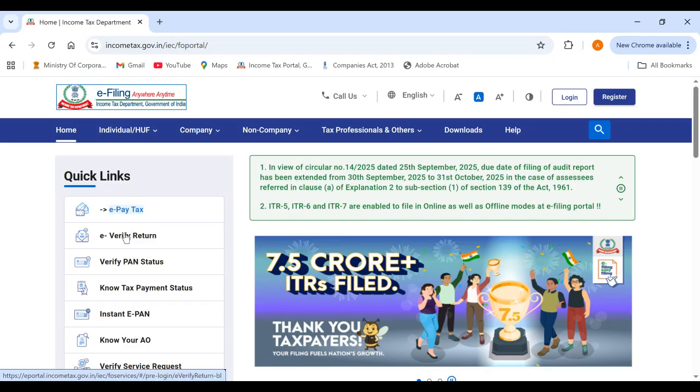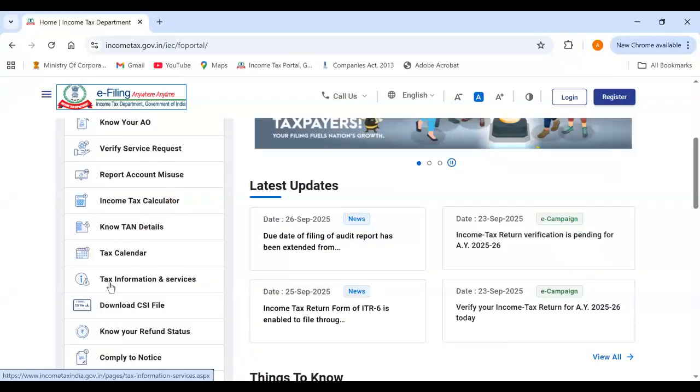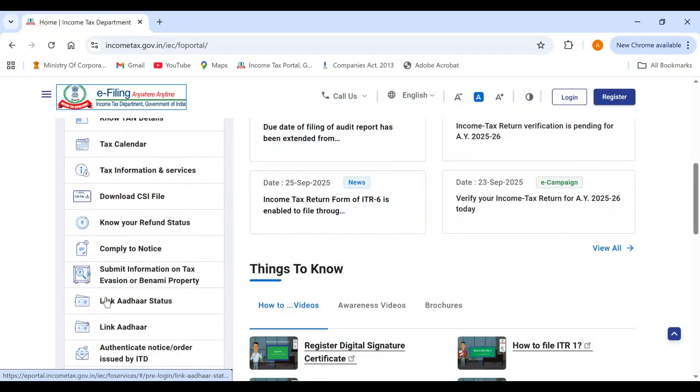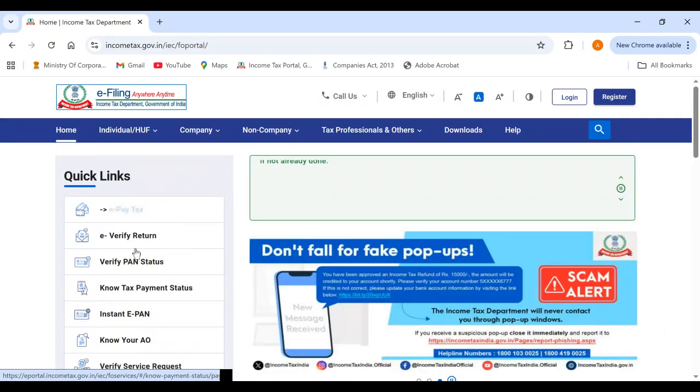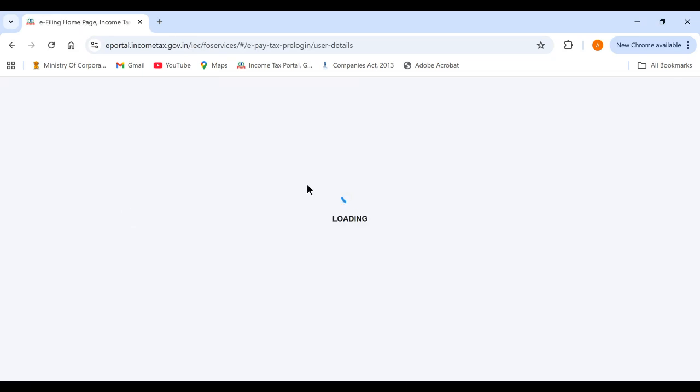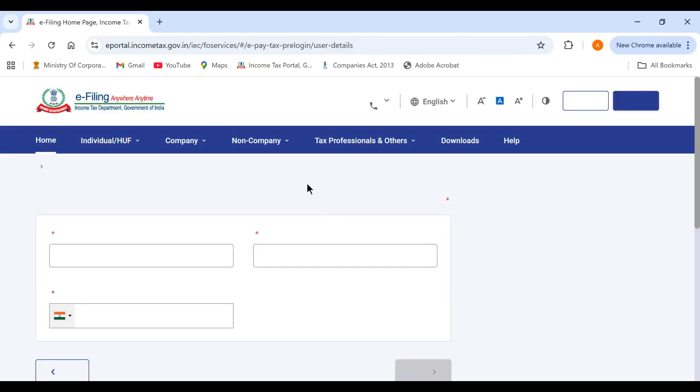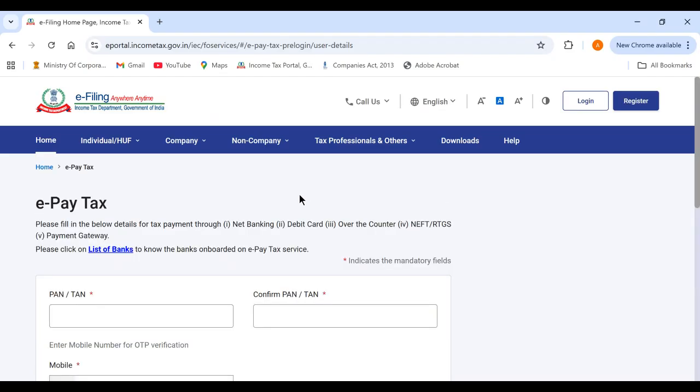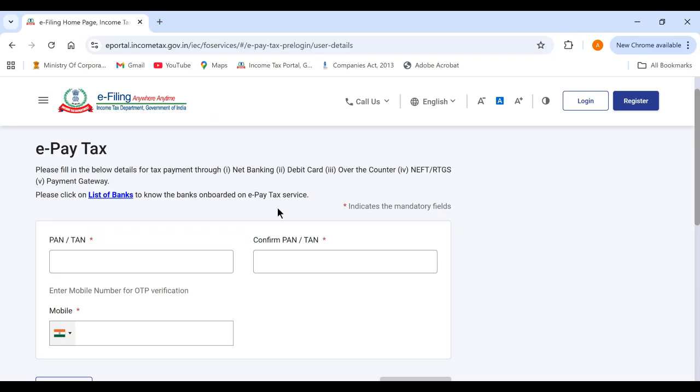quick link. A lot of other options are also there. Some among those things I would try to give you right now. First one being this e-pay tax. So how to pay income tax other than TDS, TCS? Advance tax you have to pay using various challans, as well as self-assessment tax, you have to create a challan. So how to create those challans, how to make such payments voluntarily. For that sake,